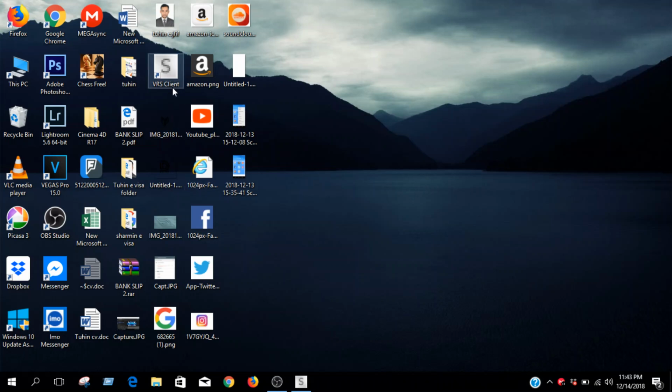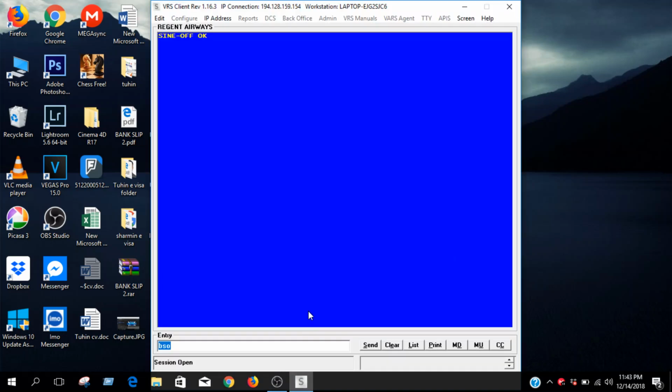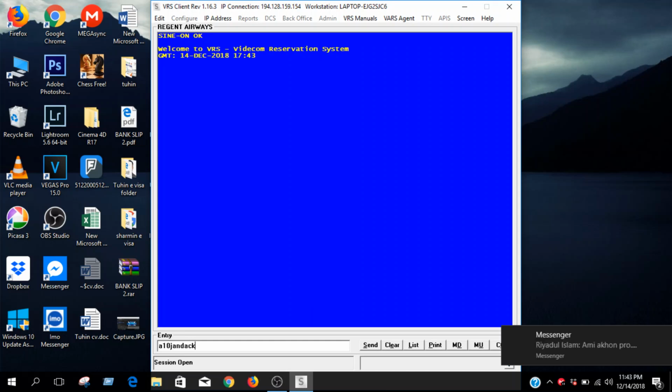Here you can do reservation and ticketing. Now I'm going to open the software. It is already open. Now you have to sign in. You have to give a password. Now you have to take a segment, like I'm going to Dhaka to Kuala Lumpur, then January Dhaka to